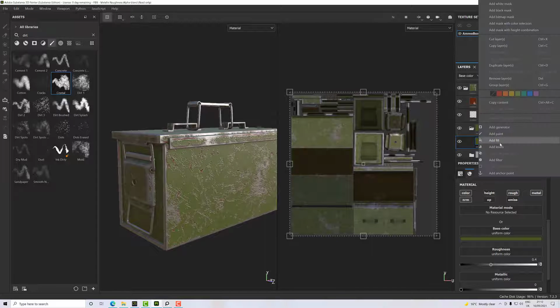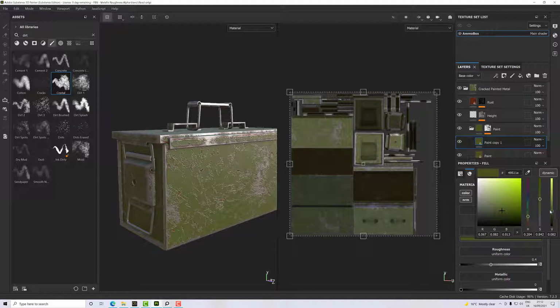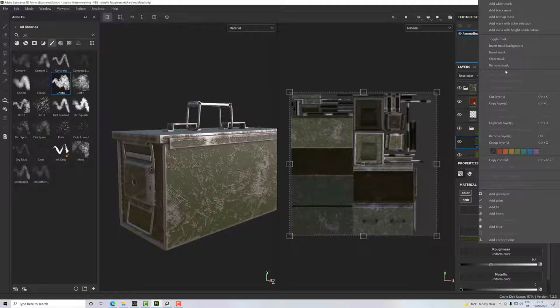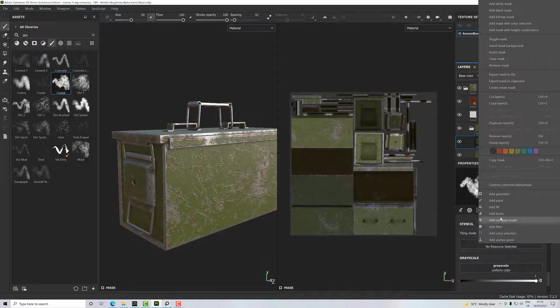And if I right click this and duplicate, what I'm going to do is just take the darkness, or just darken up that a little bit, and I may take a little bit of the saturation out, and then I'm going to add a black mask to it. Just going to do a relatively simple one. So I'm going to right click,